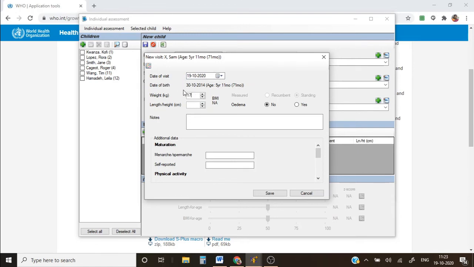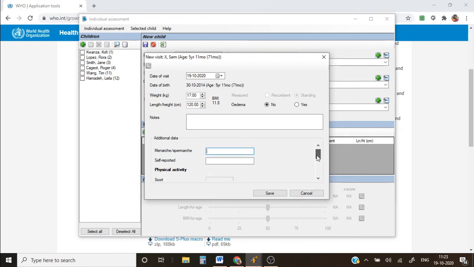Once you've fed in the date of birth, then you have to feed the weight of the child, the height of the child, if edema is present, and the date of menarche or whether it is self-reported.